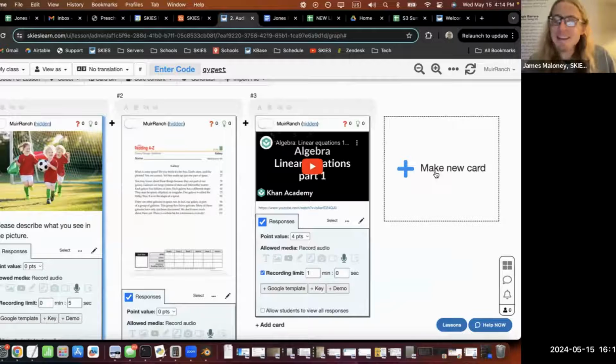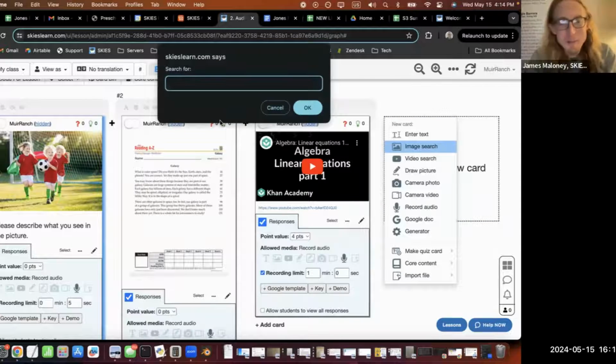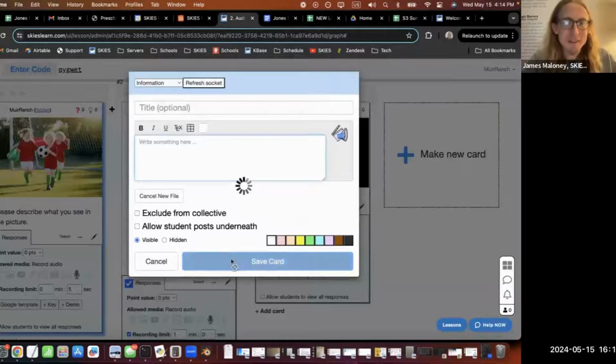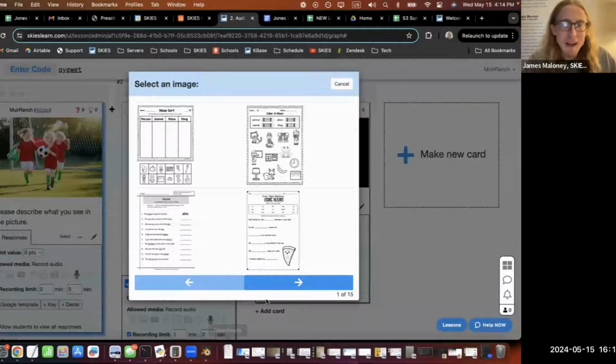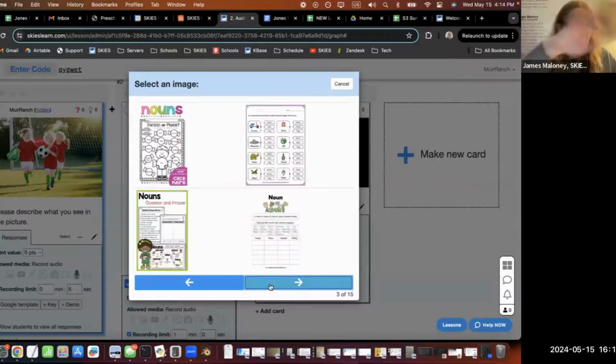And I never tried this before. A first grade teacher from Leo Politi showed me this. She's amazing. She did an image search and she typed, and I'm going to type what she typed, but you could do this for any grade: first grade nouns activity sheet or worksheet. Boom. You got pages of worksheets here that I could import and have students fill out.